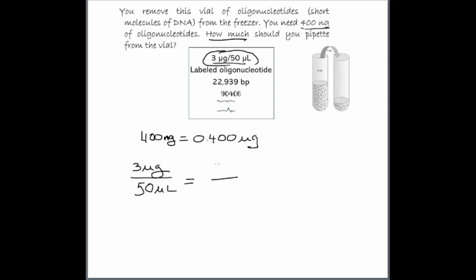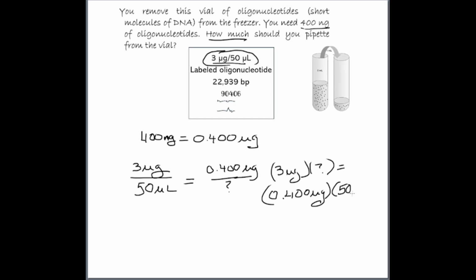So what's going to go in the numerator? Well, it's going to have to be something with micrograms, so that's the 0.400 micrograms, and the unknown is the volume that we want. So we can cross multiply: 3 micrograms times question mark equals 0.400 micrograms